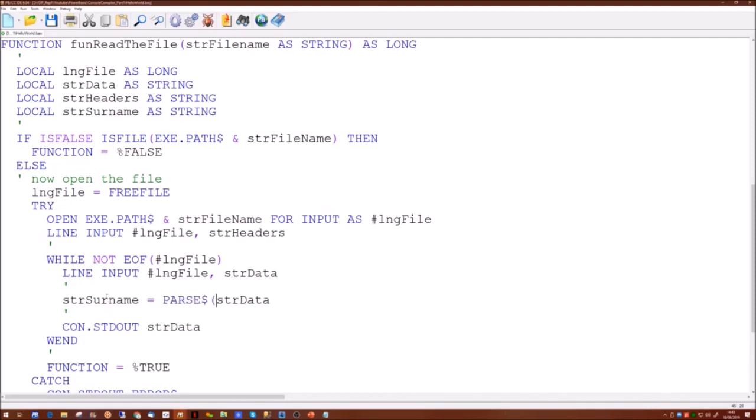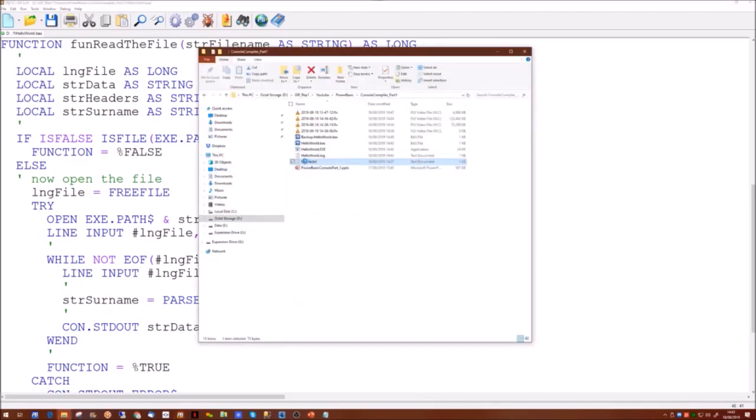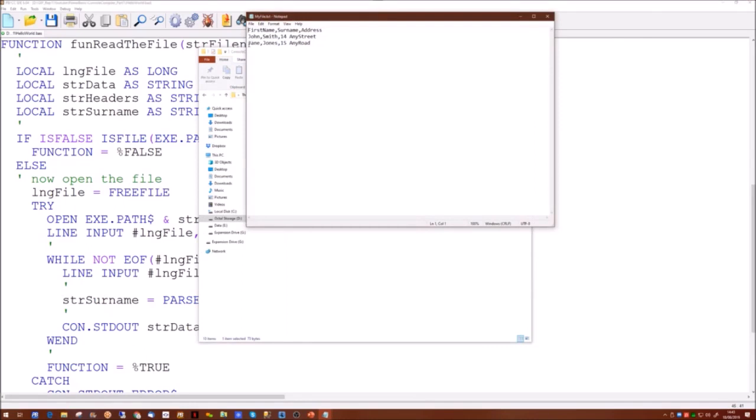One thing traditionally BASIC has always been very good at is parsing strings. In this case there are 3 parameters we need. The first parameter is the variable holding all the data we're interested in. The second will be the delimiter of the file, which in this case is a comma. And the third parameter is which element we are looking for. If we looked at our file again, we would see that the first name is the first element, the surname is the second, and the address is the third.